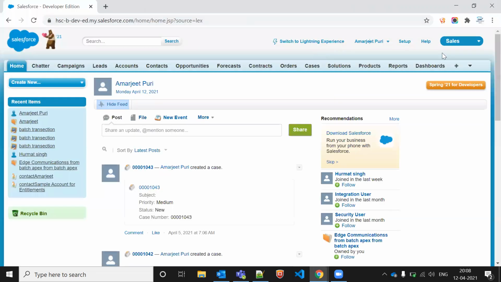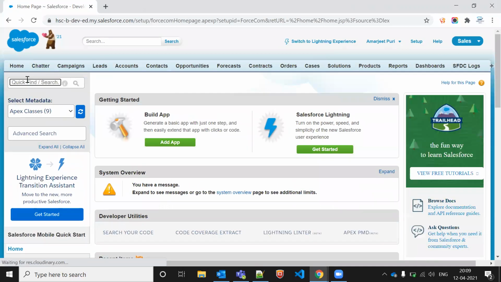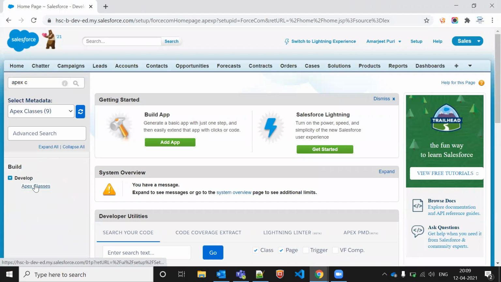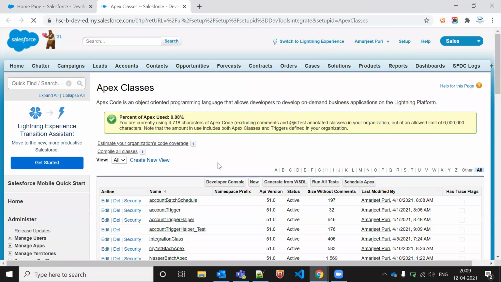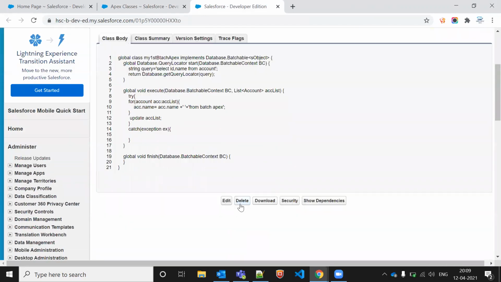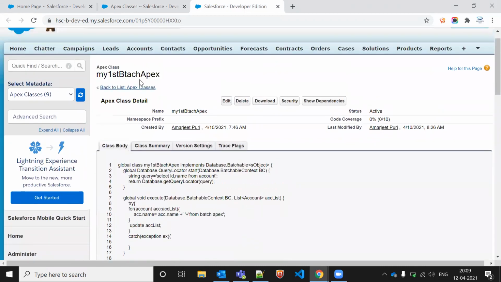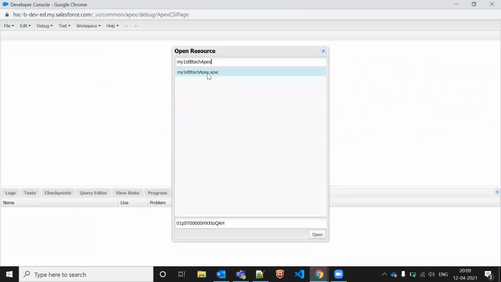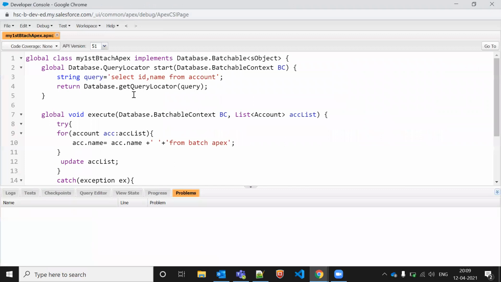If you remember, in the Apex class, my first batch Apex. We did it like this, right? Let me open this batch Apex from the developer console. Okay, so now what?